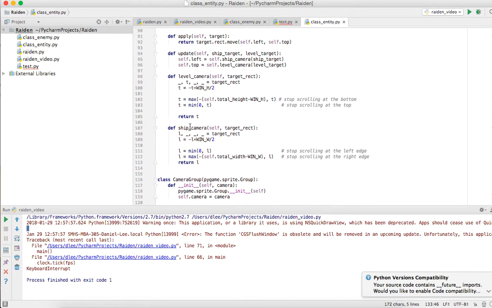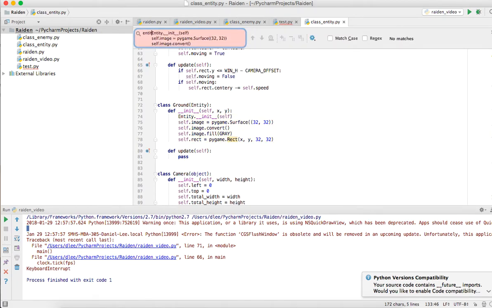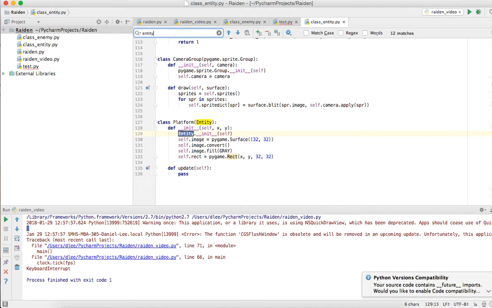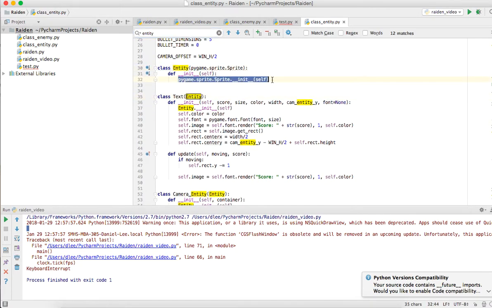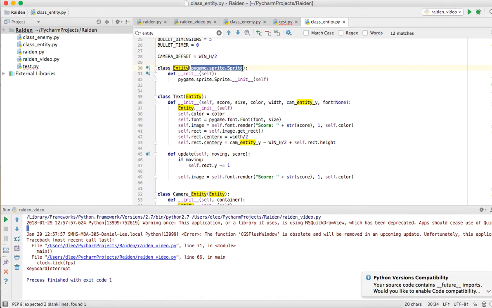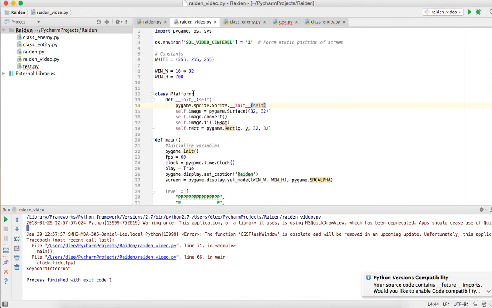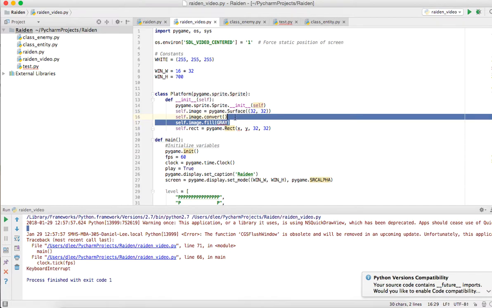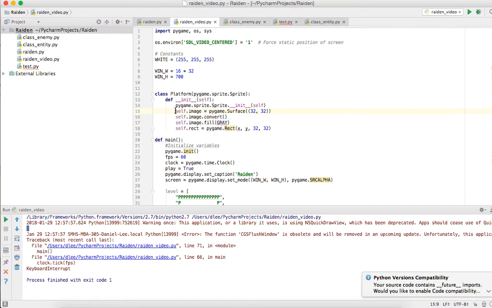Actually, let's keep it simple. Let's not do entity. Where's entity? Let's just drop this in there. And inherit from sprite directly. All right. And so what do we have here for our platform class? It's very simple. We have an image that is 32 by 32. We're converting it. We are filling it gray, but we need to make gray. So let's do that. It's equal to